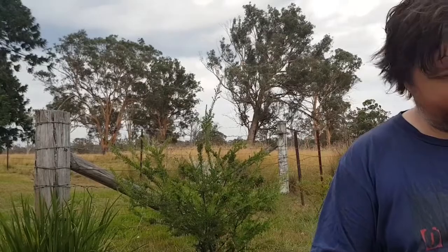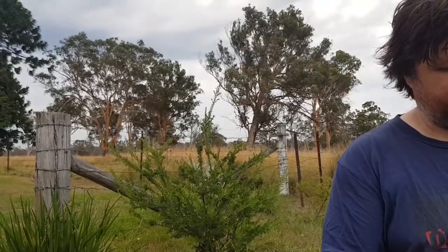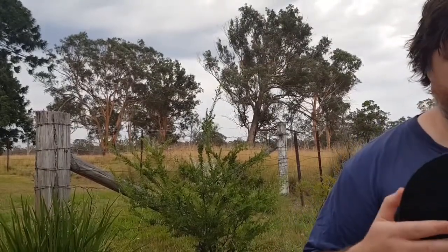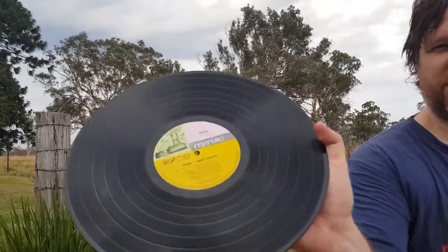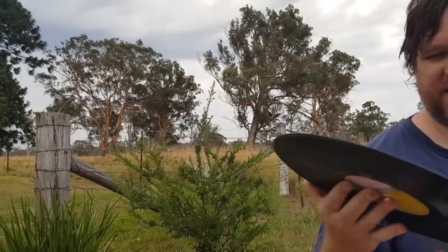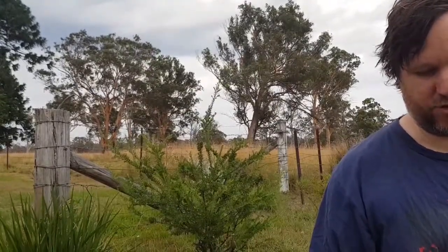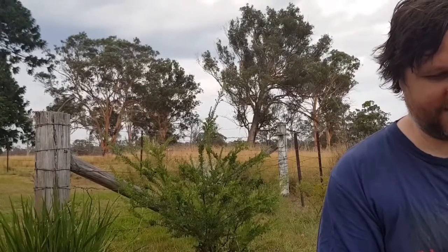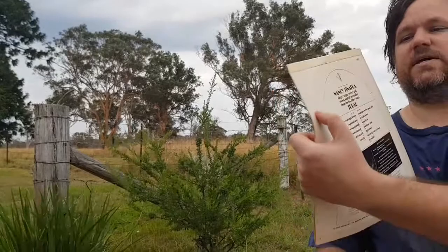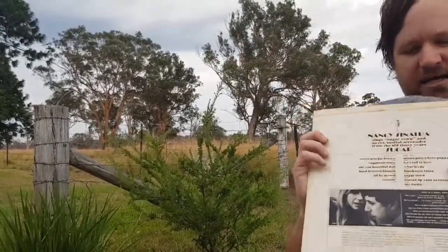I actually bought it because it's the original Reprise label, and as far as labels go, I think that colour is just stunning. Age does not mellow it, it doesn't fade it or anything. I think it's beautiful. Original 60s Australian press. And look, to be honest, it's not really in good condition, as you can see from the cover there, that's for sure. There's ring wear and things on the back. But